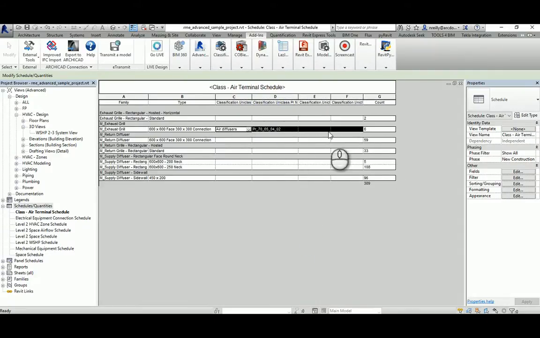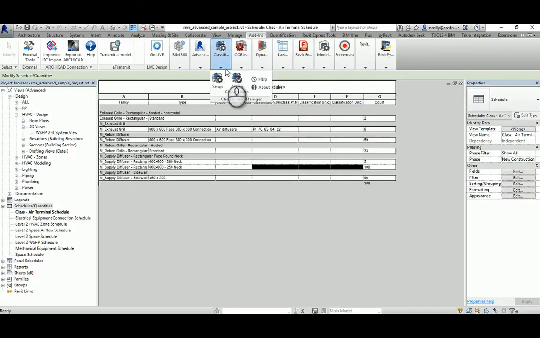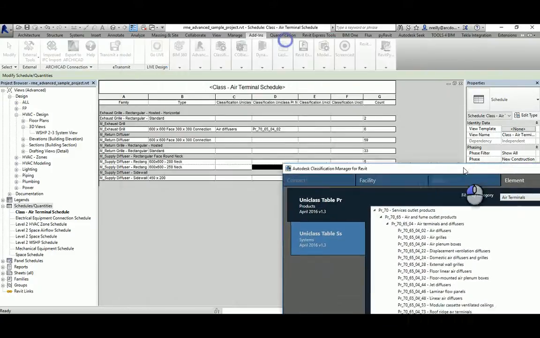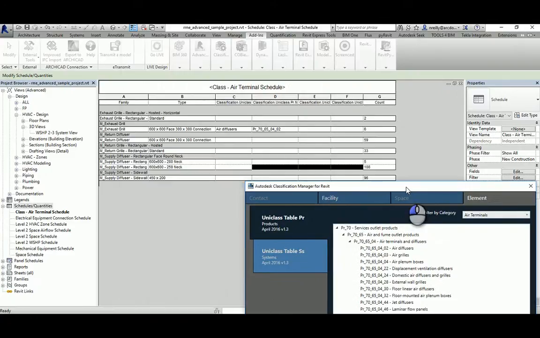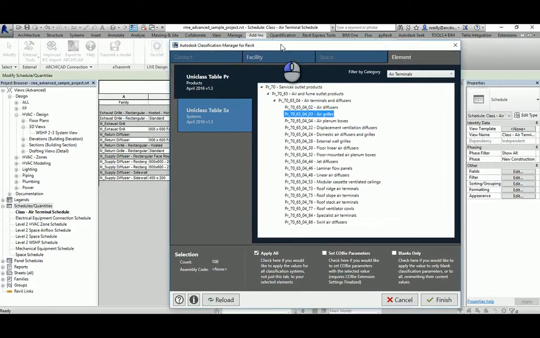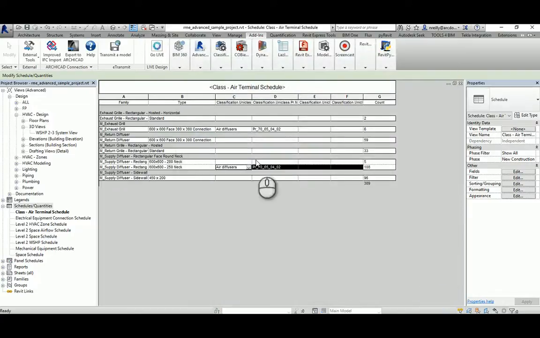Okay, and that's after doing it for 6 of them. So we could come along here, rectangular diffuser for these 108. Go to the classification manager again, and let me see. It's not external. What are they supply? Rectangular grills, I suppose. It is diffusers, and it is diffusers. They're all diffusers there. So I'll just go finish, and now you see they're actually a grill,